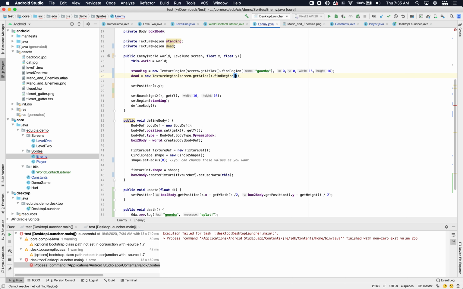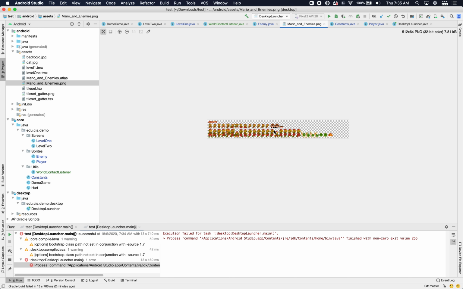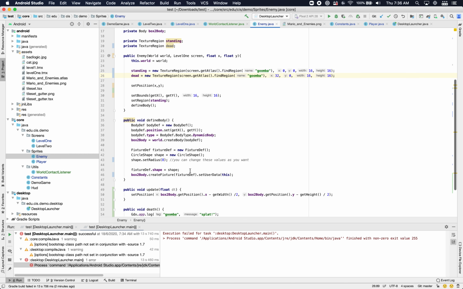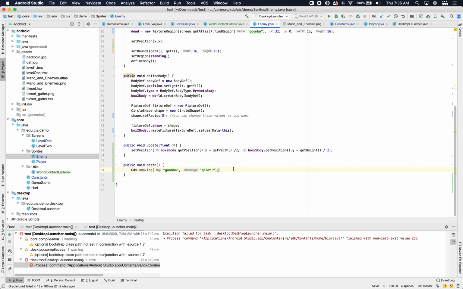screen.getAtlas find region, find the Goomba region, and within that region, don't start at 0, 0, instead start at 32, 0, and then the graphic that you're going to get is height of 16 and width of 16. So we're starting at 32 because 0, 0 again is this one, 0, 16 is this one, 0, 32 is this one. Then we'll go back to our enemy, and we're going to say